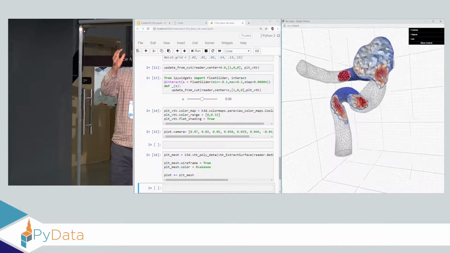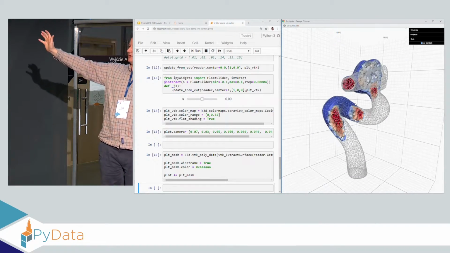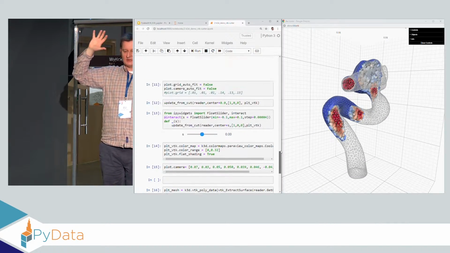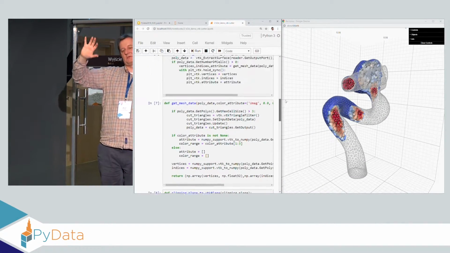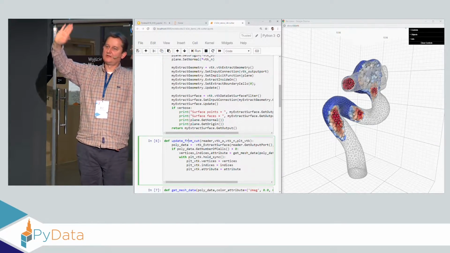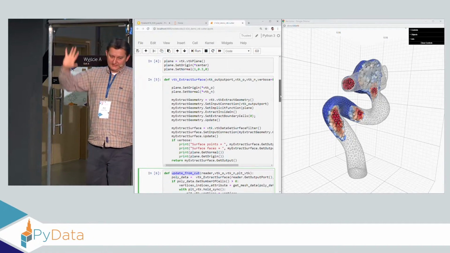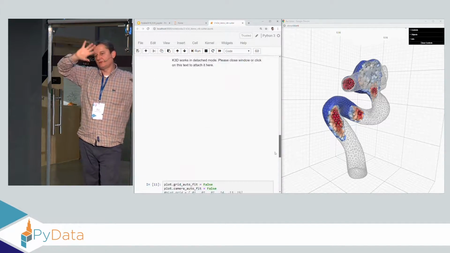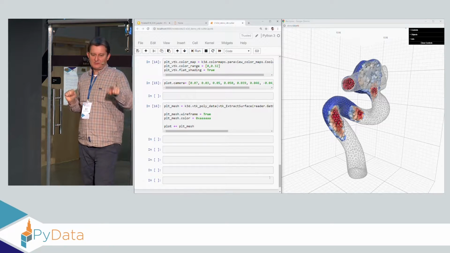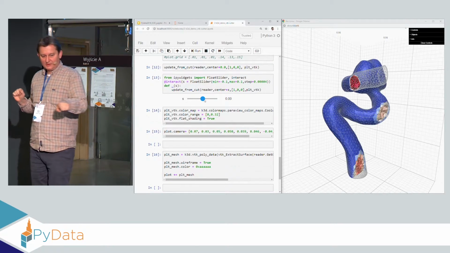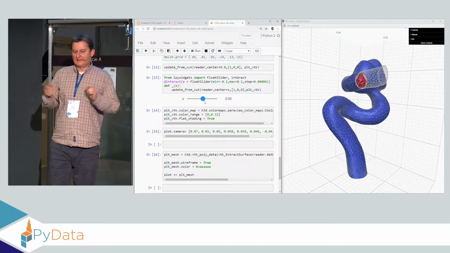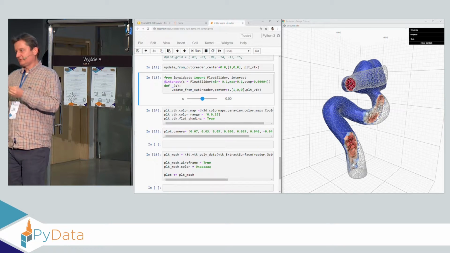But we did this programming and we extracted the surface of this data, and we use the cutter in VTK, this bunch of filters. We can cut the surface in arbitrary places along this triangle, for example, without an interpolation, and we can just send the surface to our widget.